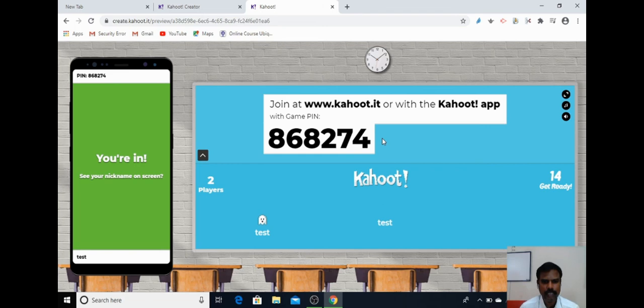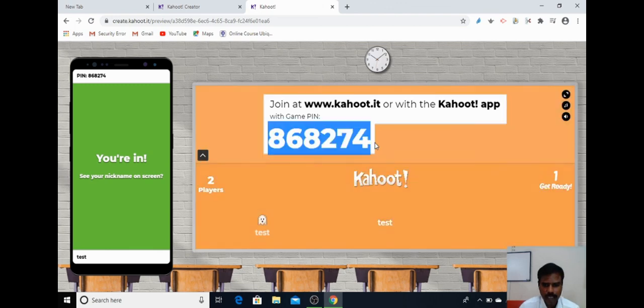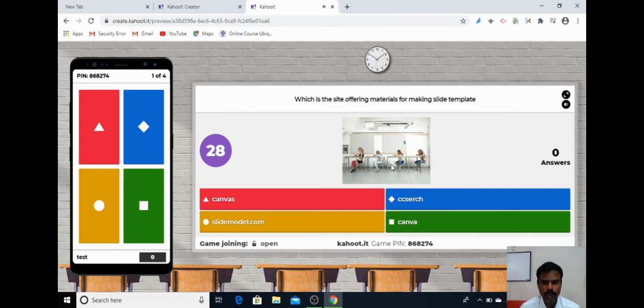Now 2 players are there, player 1, player 2, player 3, like this. By using this code, 50 students can play at the same time, so that they can share and exchange views about the answers. So dear teachers, it is the time to explore, and I am closing it.